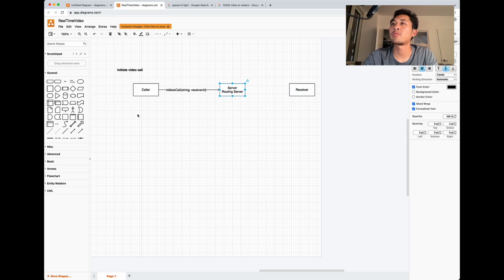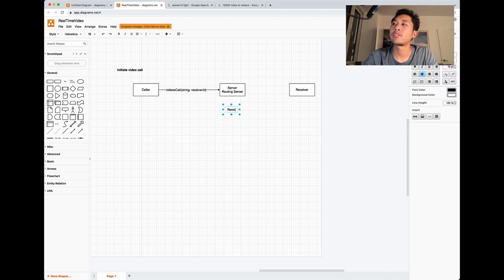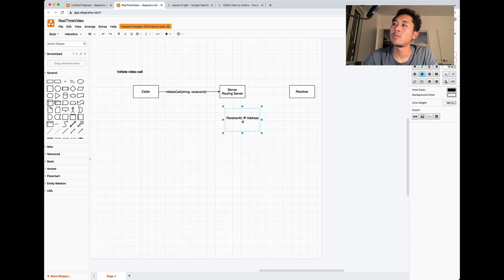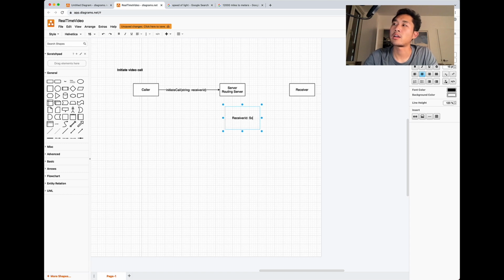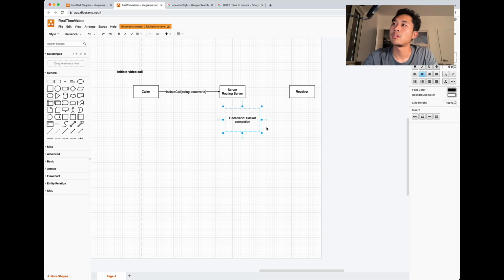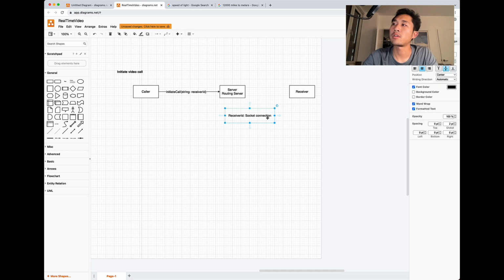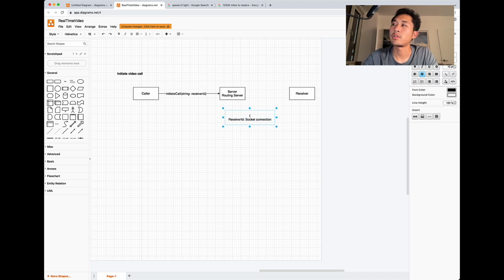The server will keep a log of every receiver ID followed by the IP address or the socket connection of that receiver, and it can keep this in some sort of cache.